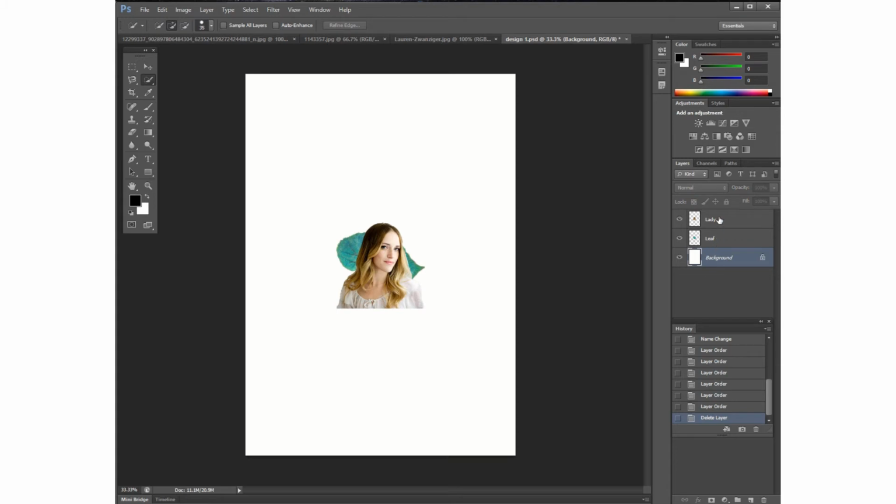Now you can see earlier there were 3 layers. Now I have only 2, because the third layer is deleted. Okay, I'll use Control Z to undo that, or you can use this history window as a kind of undo option. There are these logs. If you did something or made any mistake, you can invert it, or you can undo it